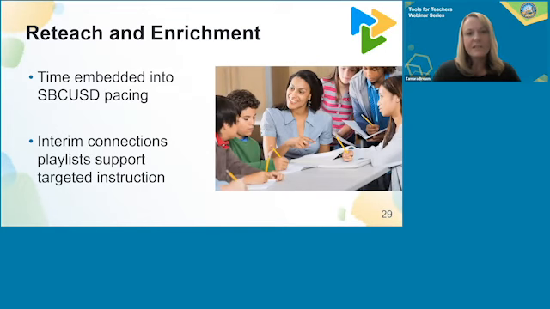In the San Bernardino City Unified School District, we are focused on our response to instruction and intervention, our RTI time. My school site has a schedule of block times for RTI by grade level. In addition, our scope and sequence has time allotted for teachers to reteach and enrich content for students.